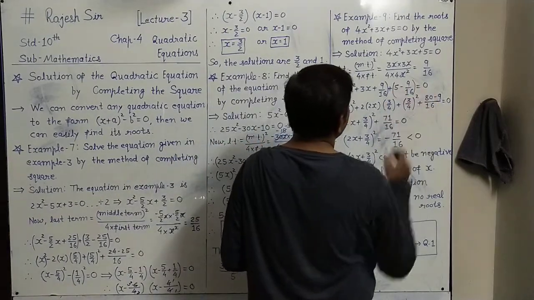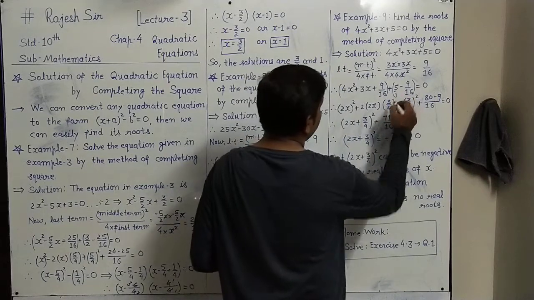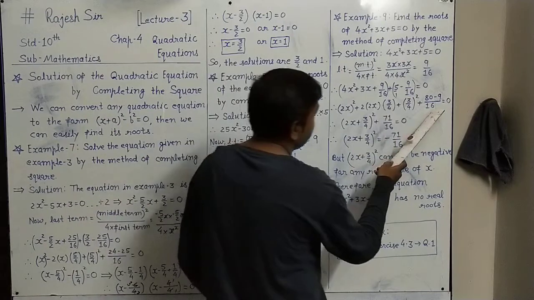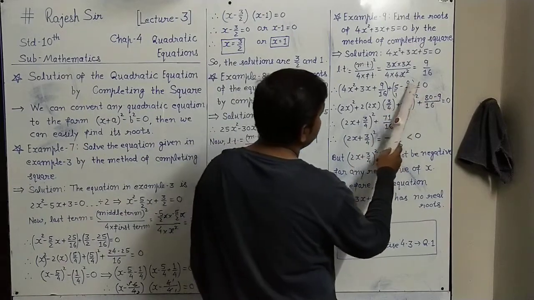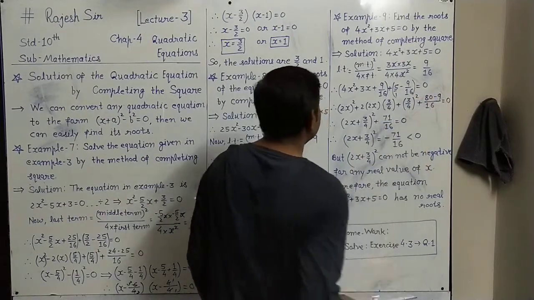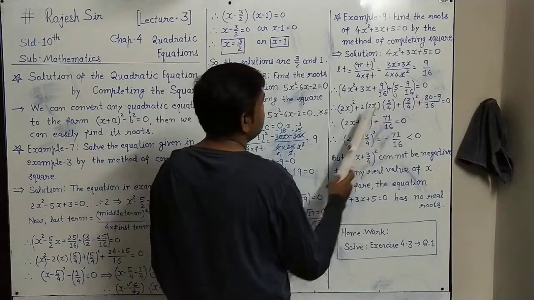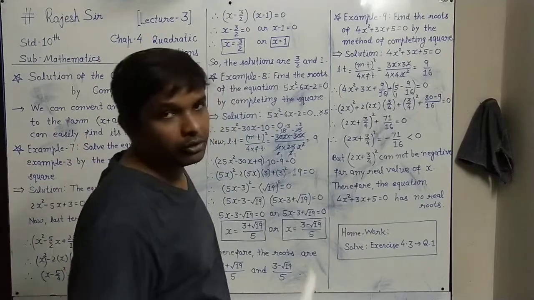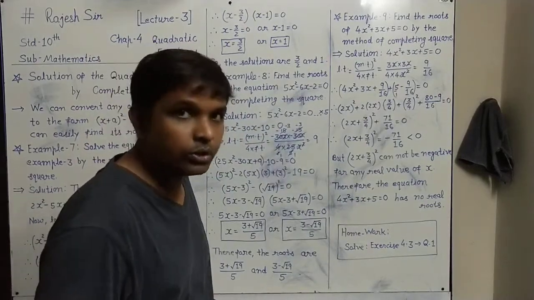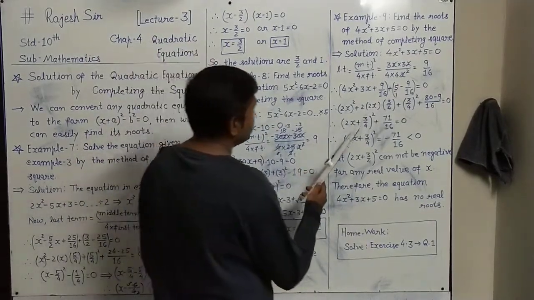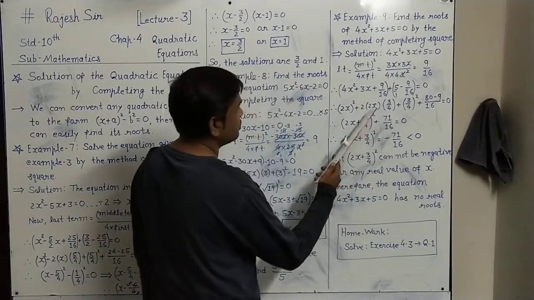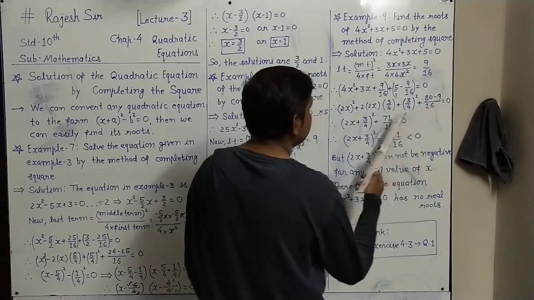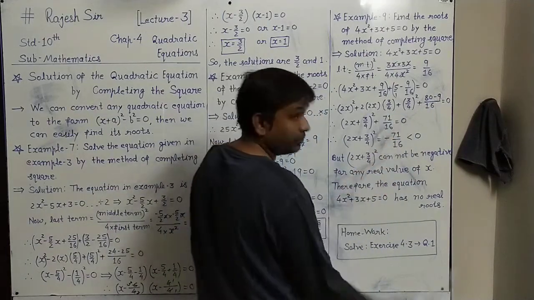For these two terms, 5 upon 1 we can write. So 5 upon 1 and 9 upon 16, LCM will be 16. 16 5s are 80, minus 9, and it is equal to 0. Now these all three terms are adjusted like a² + 2ab + b². For a² + 2ab + b², we write (a + b)². So our a is 2x plus our b is 3 upon 4, the whole square we will write, plus the remaining are here. 80 minus 9 is 71 upon 16 equal to 0.